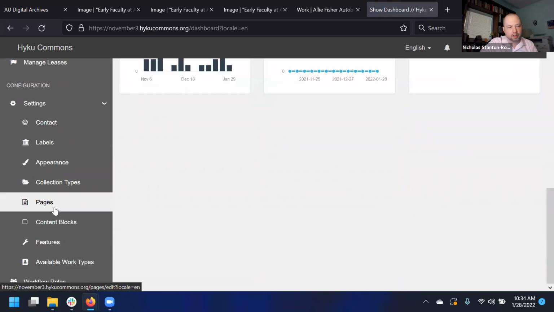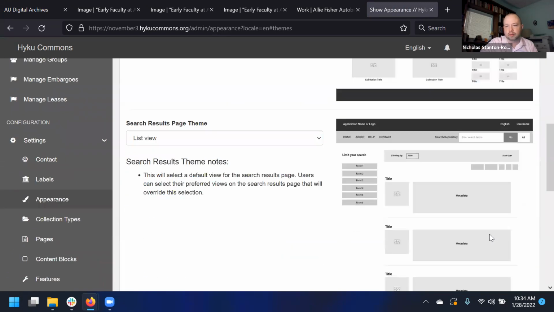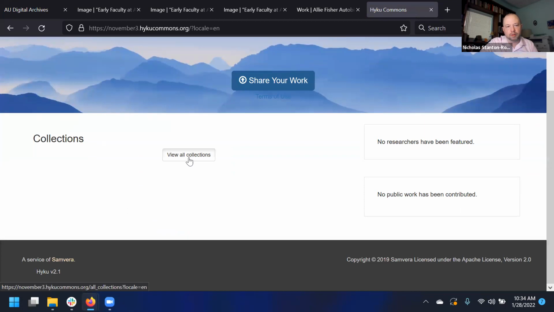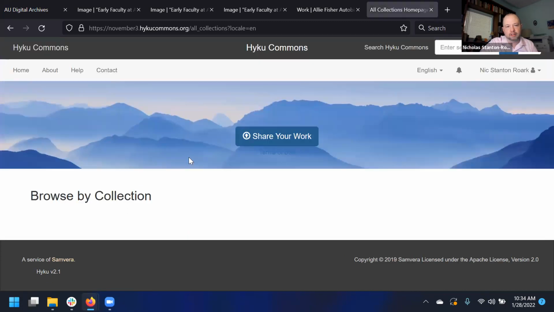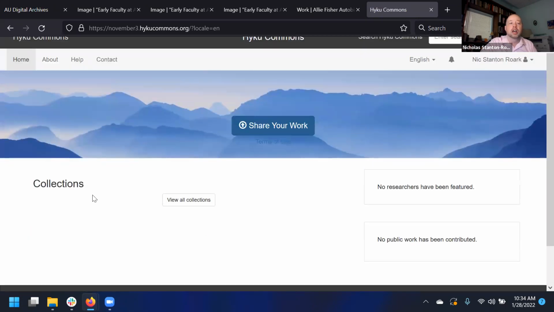So I'll change this. This is a brand new tenant. I'll change the theme to institutional repository and see if we get an error message or what. So it does take you to just an empty browse by collection page. A possible workaround for that in our development is we can add, there's a section for features that you can turn on or off. That's where you disable, for instance, featured researcher. We could add a button to disable the view all collections button. And that would be a simple search, but also